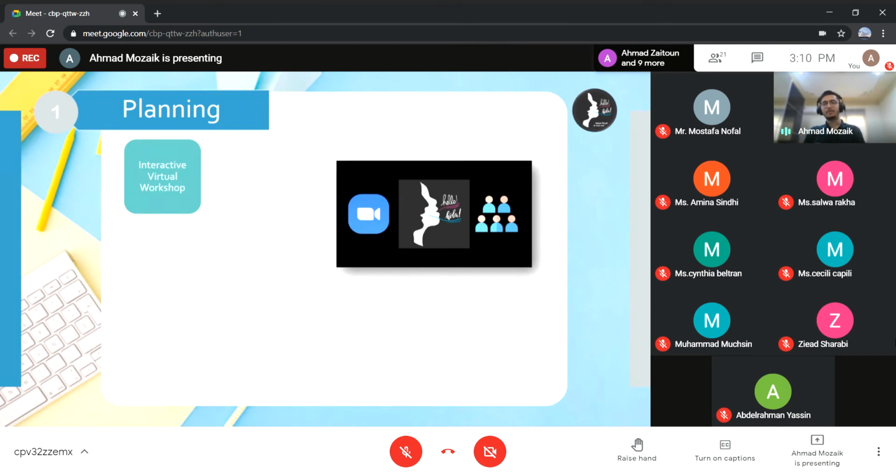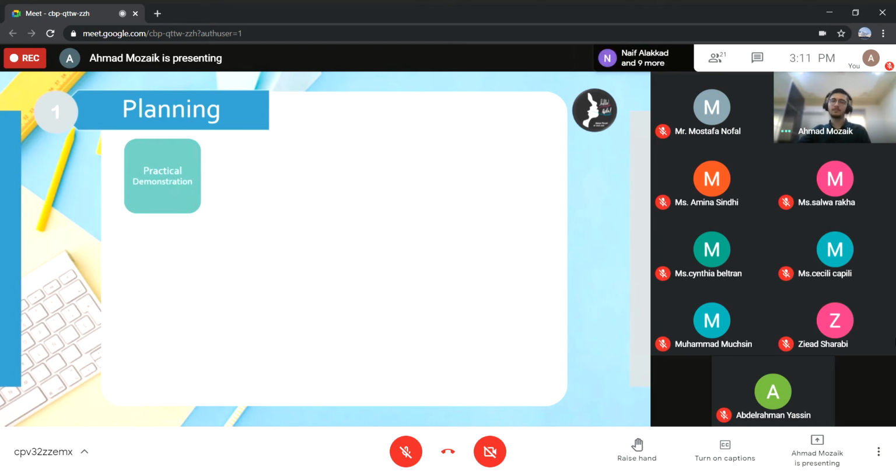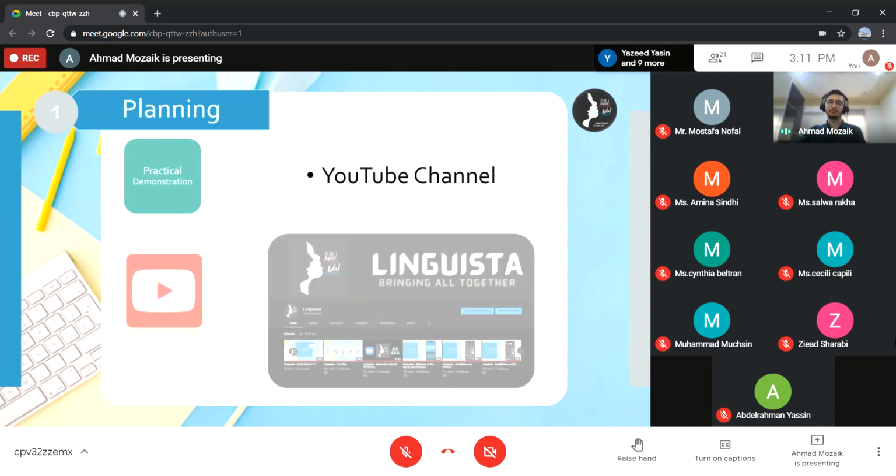Next, I also had to plan the way I test my product. I decided that in order to create this application, I needed to hear from the potential users. So I planned an interactive virtual workshop, which would consist of 3 meetings with participants of different age groups and ethnicities. I also planned to record the whole workshop, which was for new Linguista comers to see. That's where I chose to create the Linguista YouTube channel and plan to establish my linguist community on the platform.